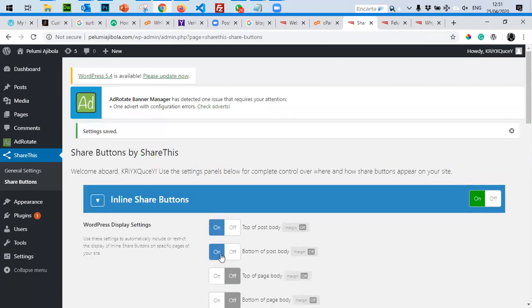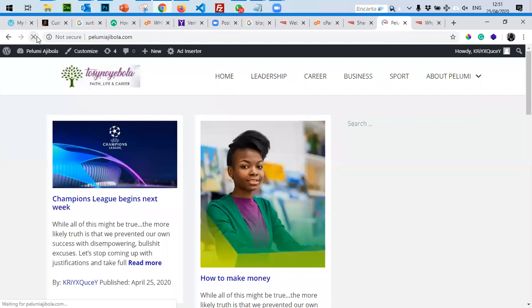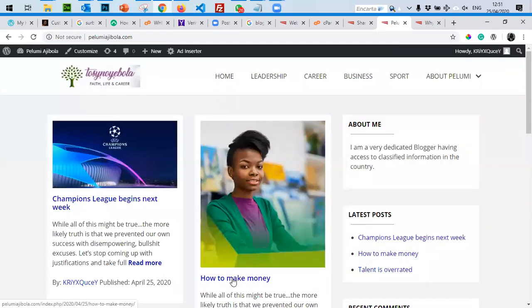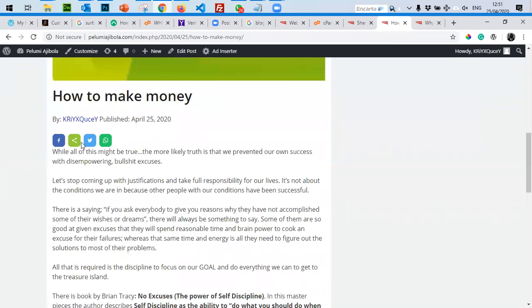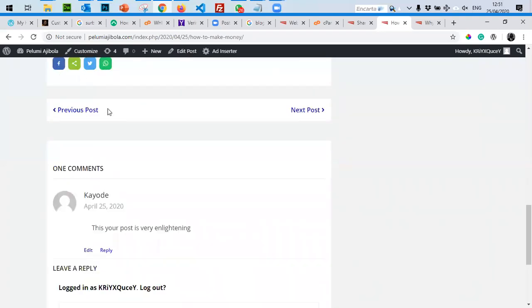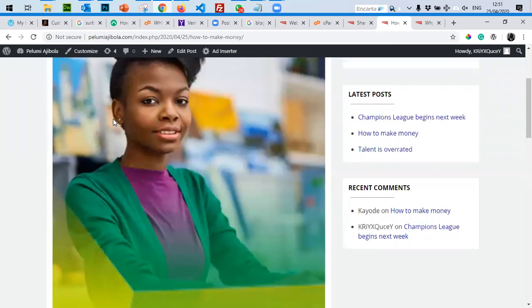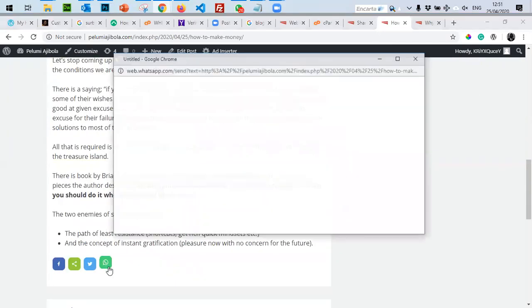Because I had this option selected to be at the top and at the bottom of my post, by default, if I open any of my posts, I should have the share buttons there. Meaning that if somebody finds this post interesting, I can share it on WhatsApp. Do you understand?